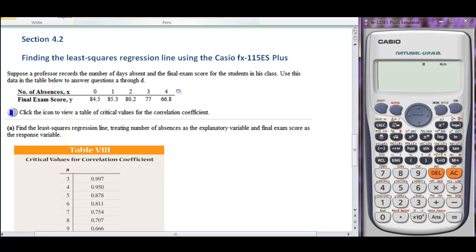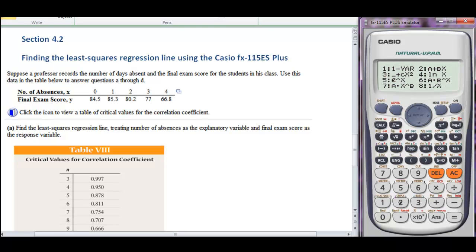Our first question is asking us to find the least squares regression line, treating the number of absences as the explanatory variable and the final exam score as the response variable. We're going to go through the same process that we did in section 4.1 to find our correlation coefficient. The reason we're doing this is that there has to be a linear relationship before we go and find the least squares regression line. So to do that, again, we're going to go mode and then 3 for stat,